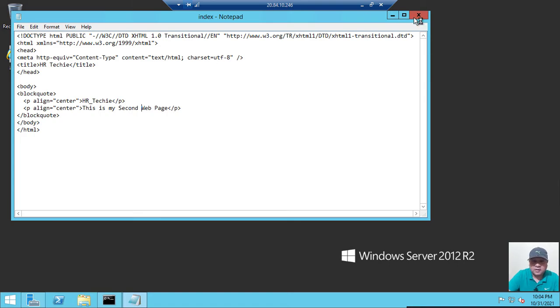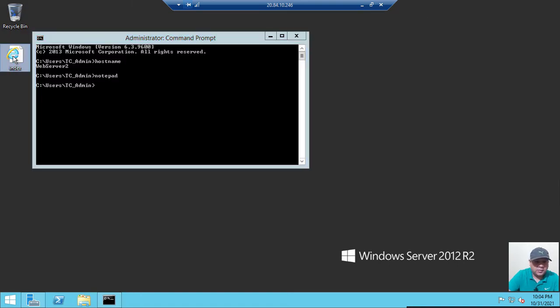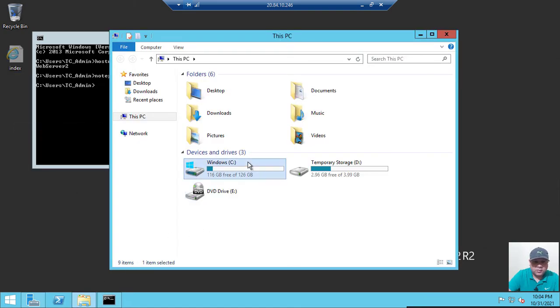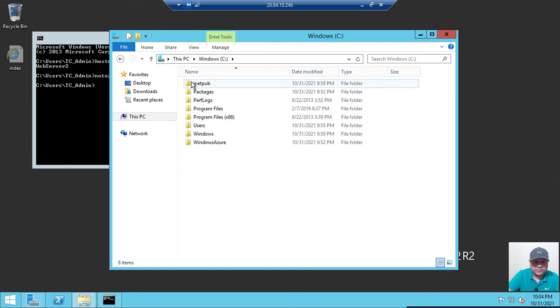Save it. Now let me put this web page index.html in the root folder of inetpub.